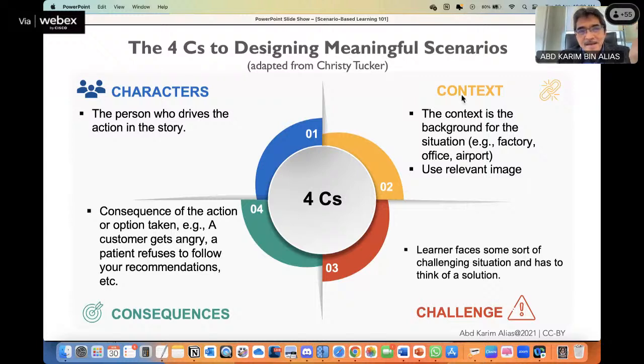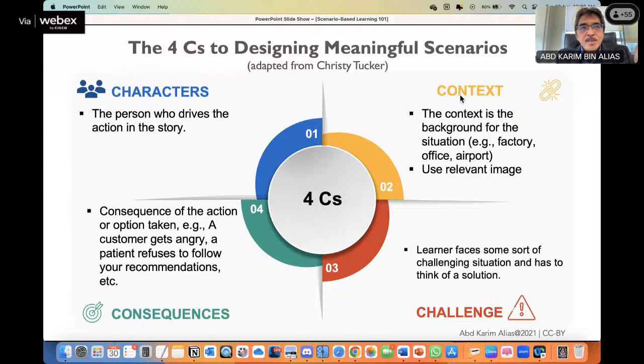You want to find the appropriate image to illustrate the scenario. And this is where now with AI, we can do this easily, using ChatGPT. If you have ChatGPT Plus, you can use DALL-E 3 in ChatGPT Plus to create the image. Otherwise, I will show you other alternatives to create the image.